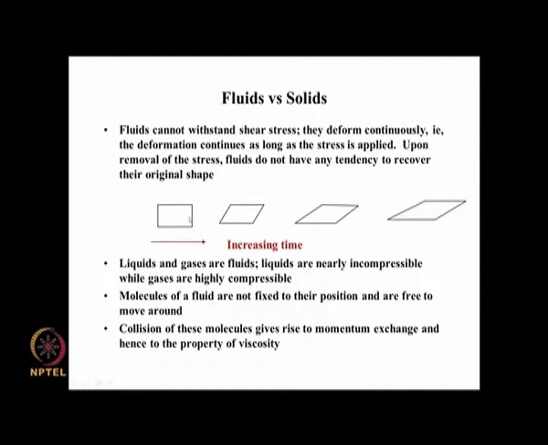With time they are flowing, moving along, and if you apply the shear stress, then A is coming here, B is coming here, C is coming here, D is coming here, and now if you join them by straight lines you get